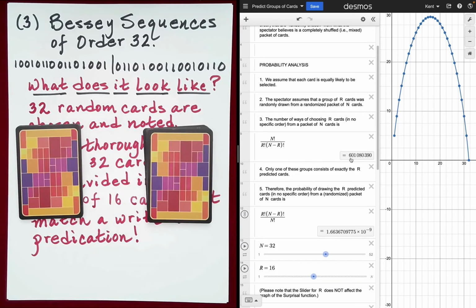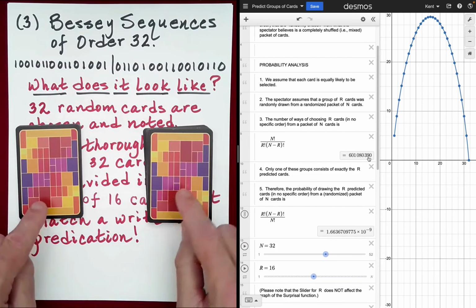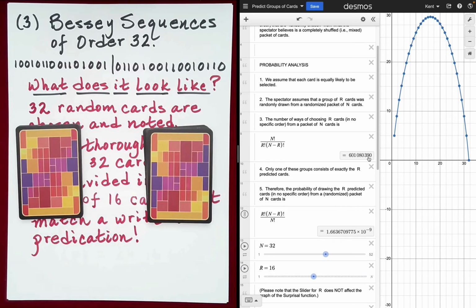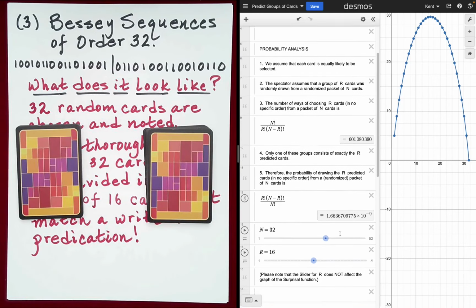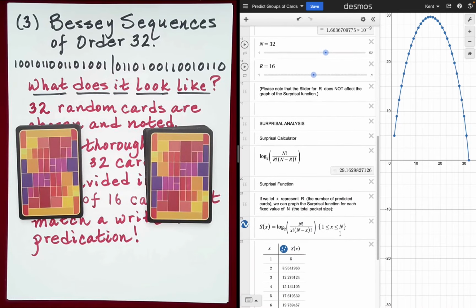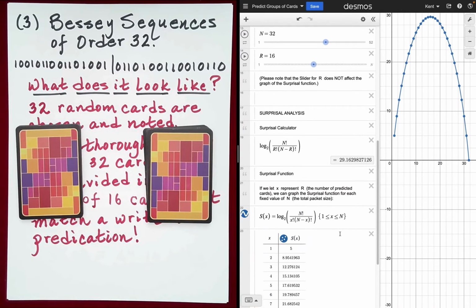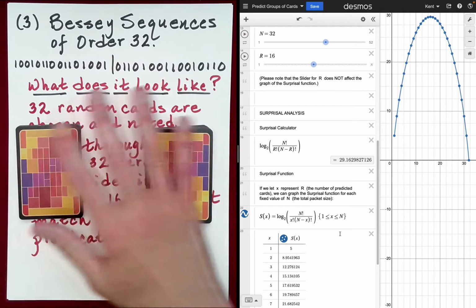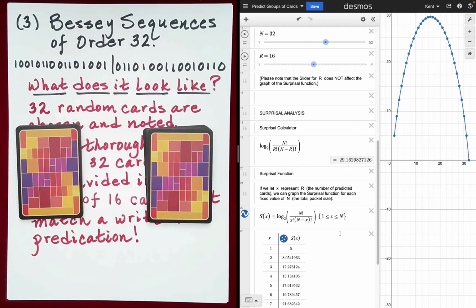Well, it's 601,080,390. Well, the probability that we would just randomly guess on our piece of paper the final groupings here would be 1 divided by that, because there's only one particular grouping that will agree with the one we have here. And here's the probability, and once again, it's so small that it's hard to interpret that. So what we do is we calculate the surprisal value for that probability or random event. And what we find is the surprisal value associated with this performance is 29.16